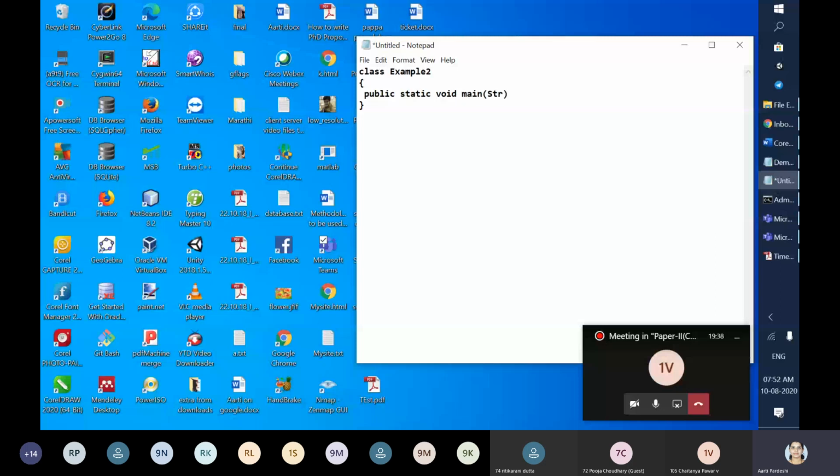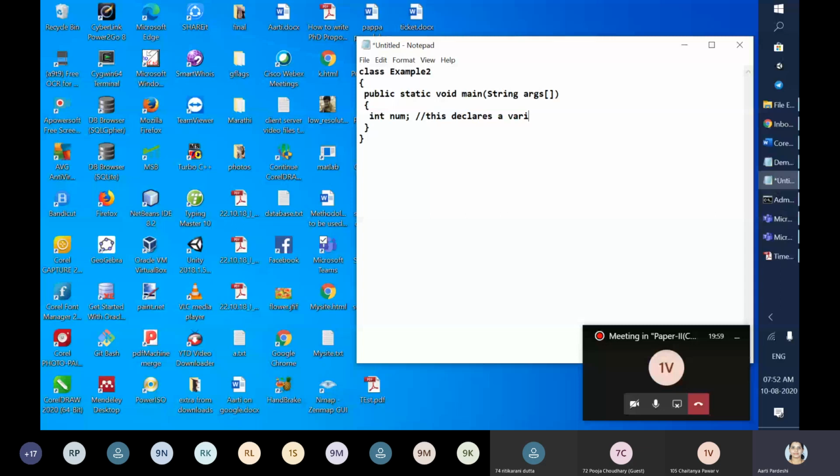Public static void main, String args, opening closing square bracket. Then we are going to take one variable, int num. This is the declaration part. It declares a variable, and the variable name is num. Then next is num equal to 100.